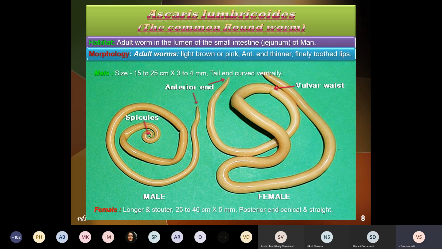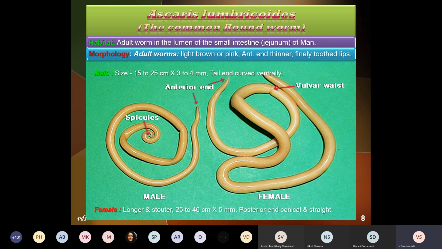A cylindrical worm, anterior end is slightly narrow, whereas the posterior end is slightly broader, and the male parasite posterior end is coiled ventrally. Such posterior end is not coiled in the female parasite. The anterior end also contains 3 lips, 1 dorsal, 2 ventral lips, and in the anterior 1/3 of the body,